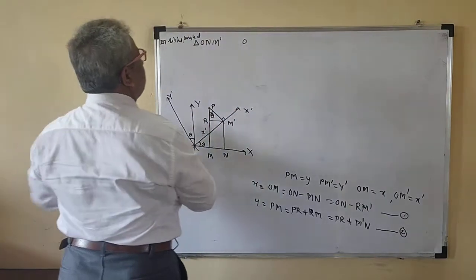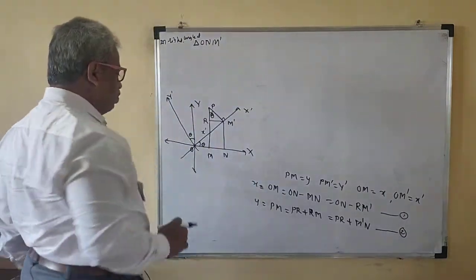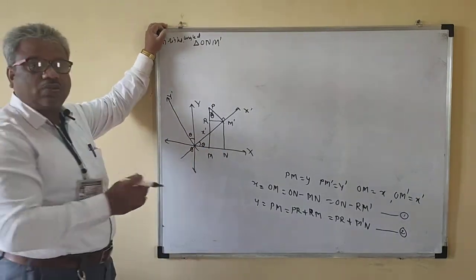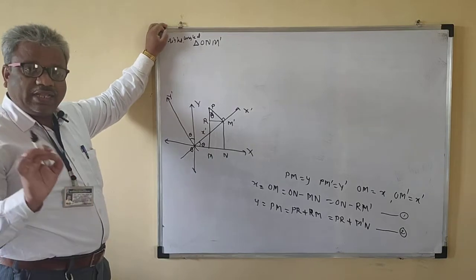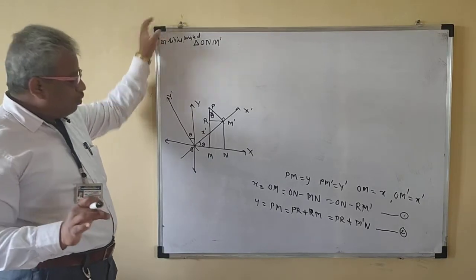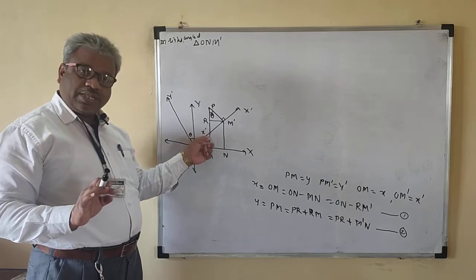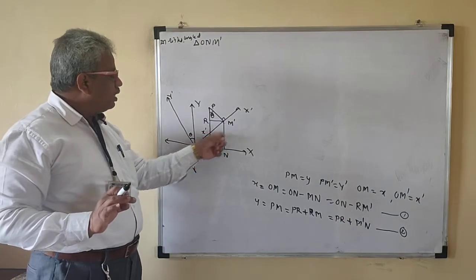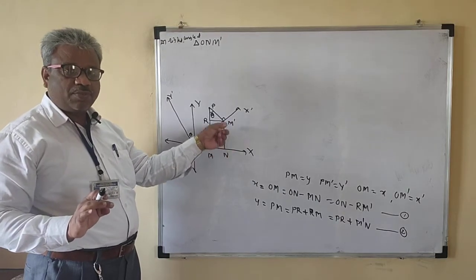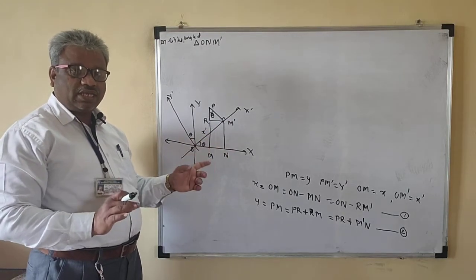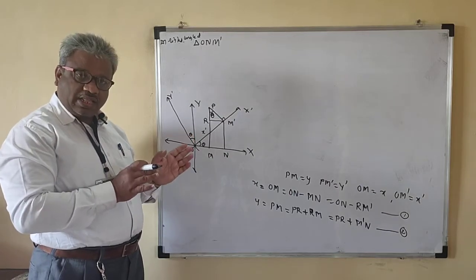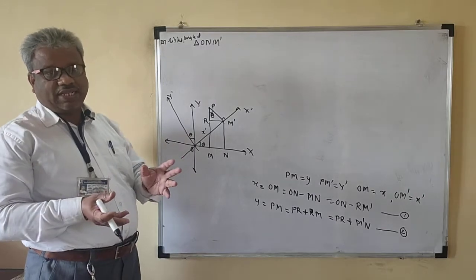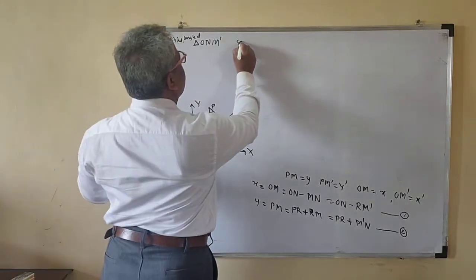So instead of this, we'll find directly cos theta and sin theta. We'll take the benefit of this being a right angle triangle. One angle is known and the hypotenuse is known. So we have the relation for hypotenuse, angle, and adjacent side. This is the adjacent side of angle theta, and this is the opposite side of angle theta. There is a relation for hypotenuse, angle, and opposite side, and hypotenuse, angle, and adjacent side. So that gives the sin theta and cos theta. So we'll find sin theta first.